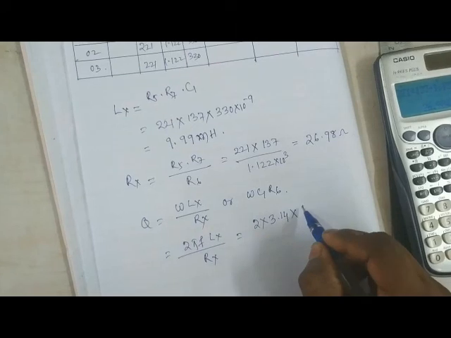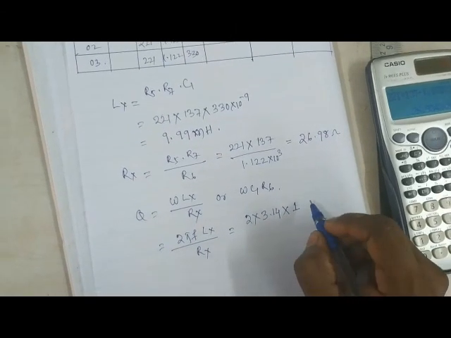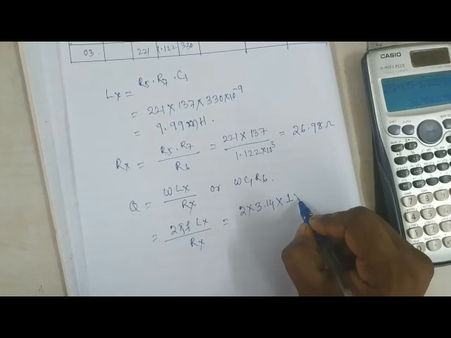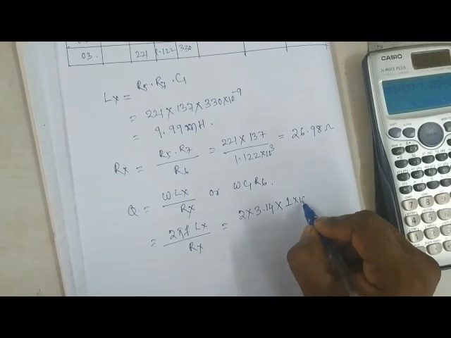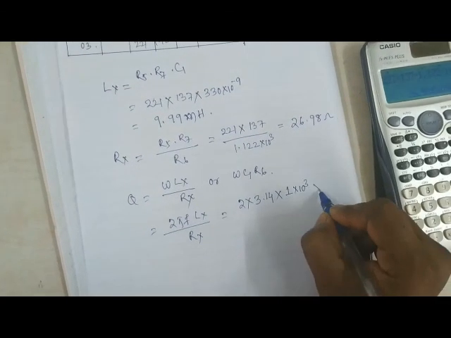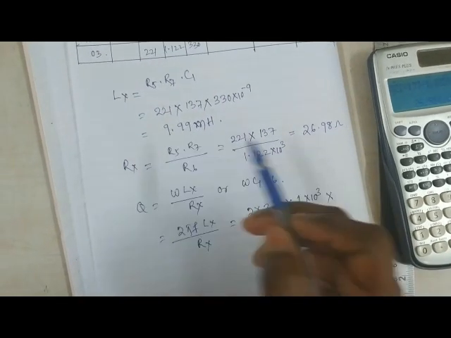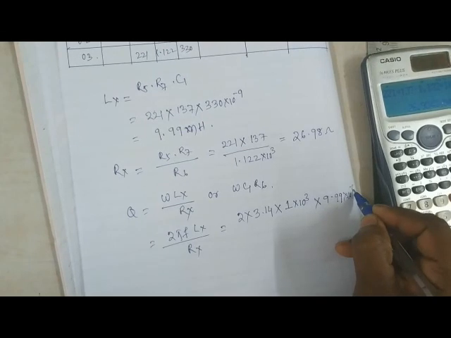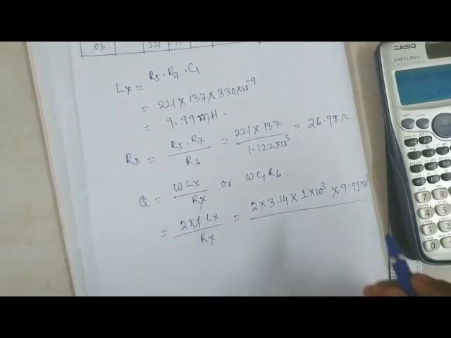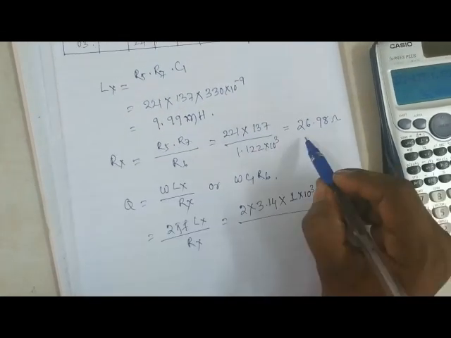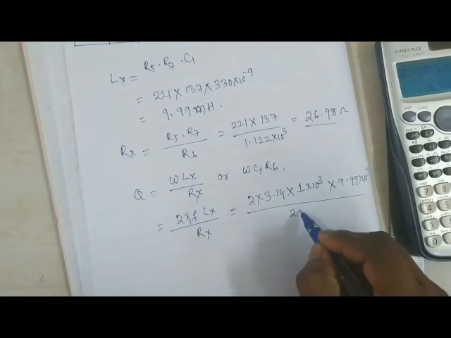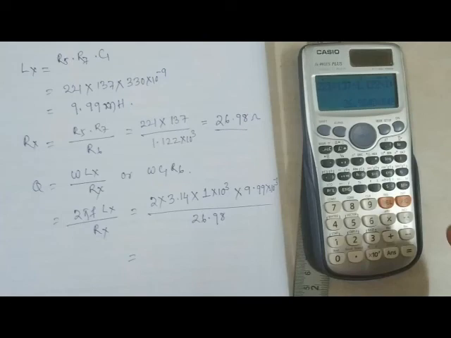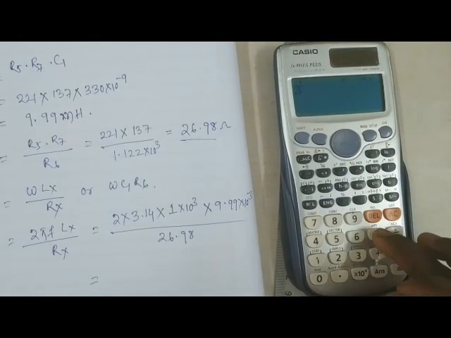You know, amplitude control must be set in maximum position, 1 kilohertz. 1 kilo is 1 into 10 to the power 3, into Lx. Lx value is 9.99 millihenry, milli is 10 to the power minus 3, divided by Rx. Rx is 26.98. So you have to calculate 2 into